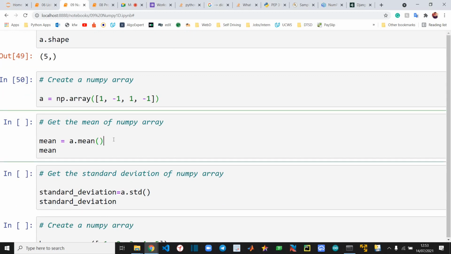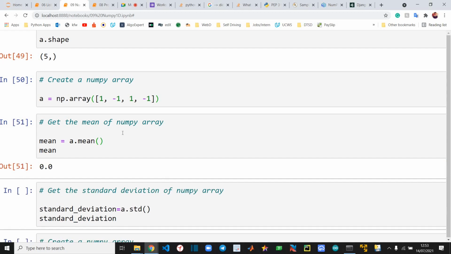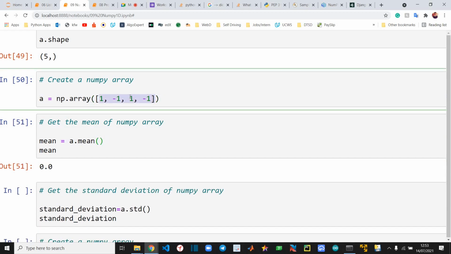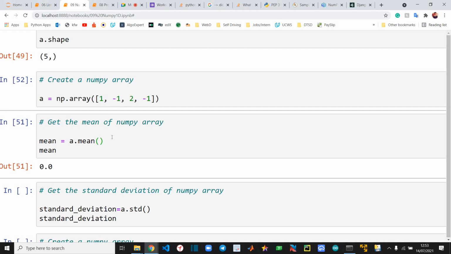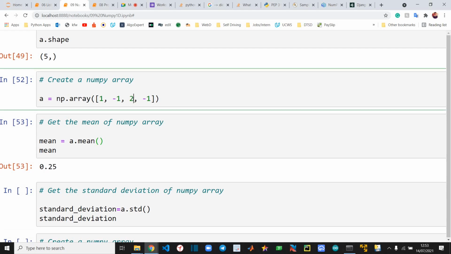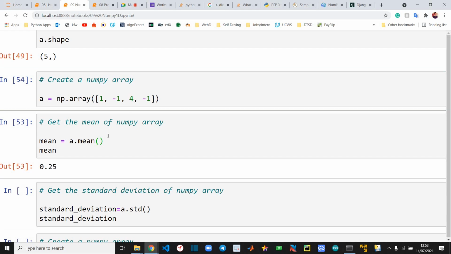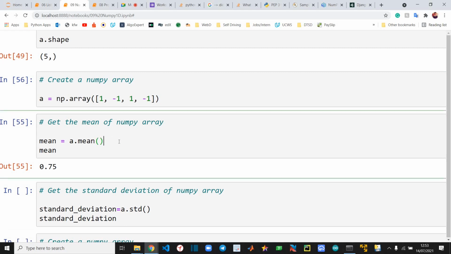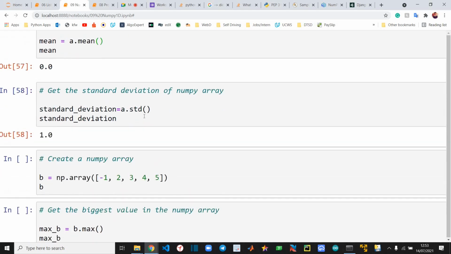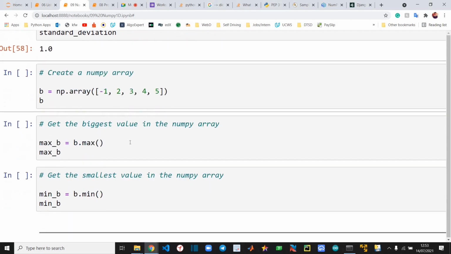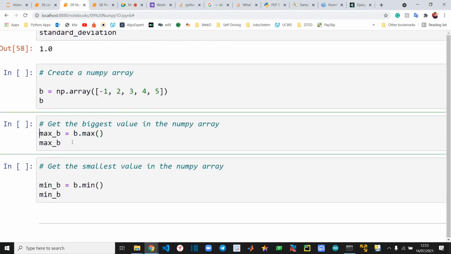and now there are math operations. You can find out the mean, that is the average, which in this case is 0. If I write 2 here, should be 1. No, yeah, 0.25, not 1. How can it be 1? Divide by 4. Okay, if I write 4, it will be 0.75. Yeah, so it can find your mean and average. You can find out the standard deviation, which comes in handy if you are doing something like data science or data analysis.